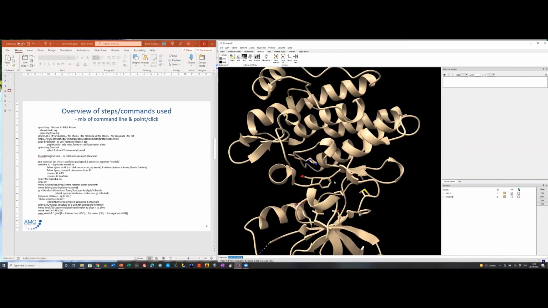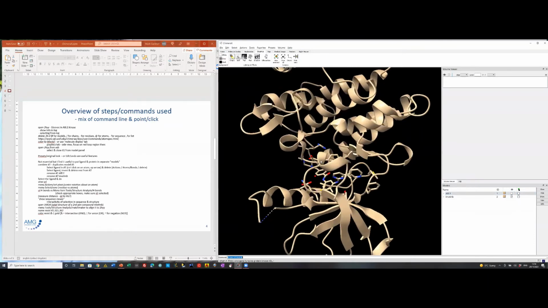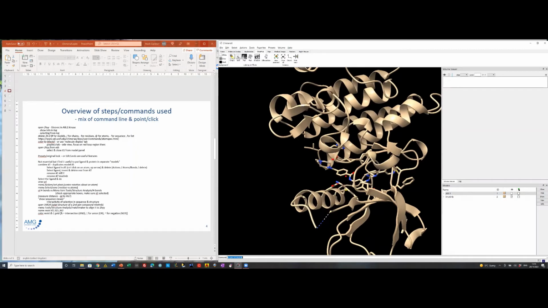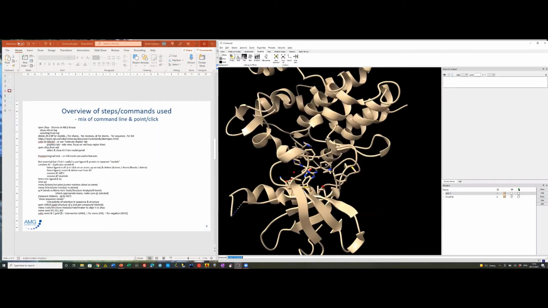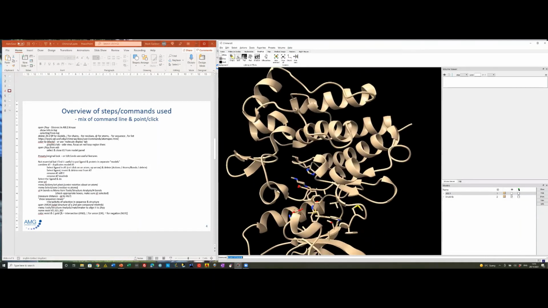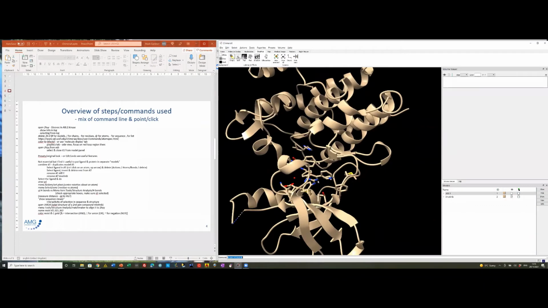So now we've just got the protein, and we can now hide that and highlight the other copy. And now we're going to delete the protein and keep the ligand. One more thing that's sometimes useful, you can see that the center of rotation isn't close to the ligand, which is a bit irritating. So I'm going to select an atom in the ligand, again, control click and select it,